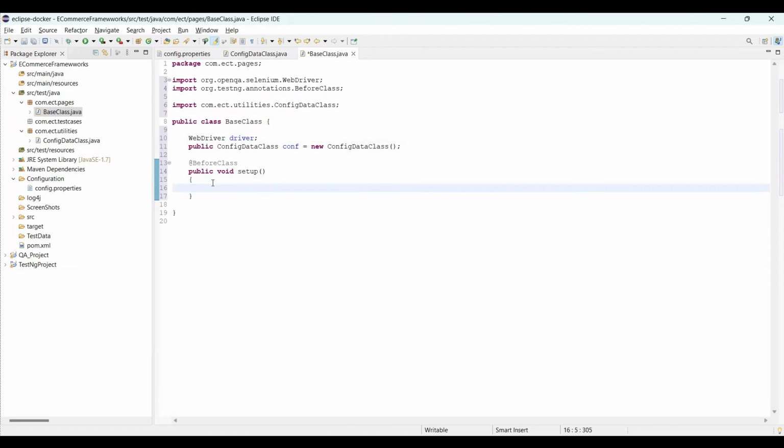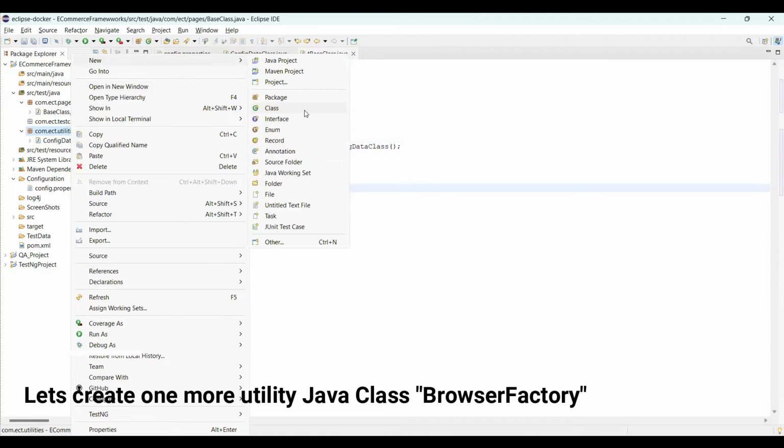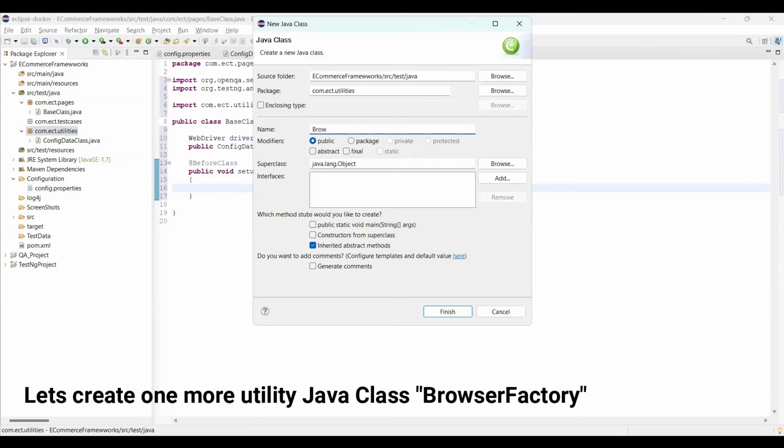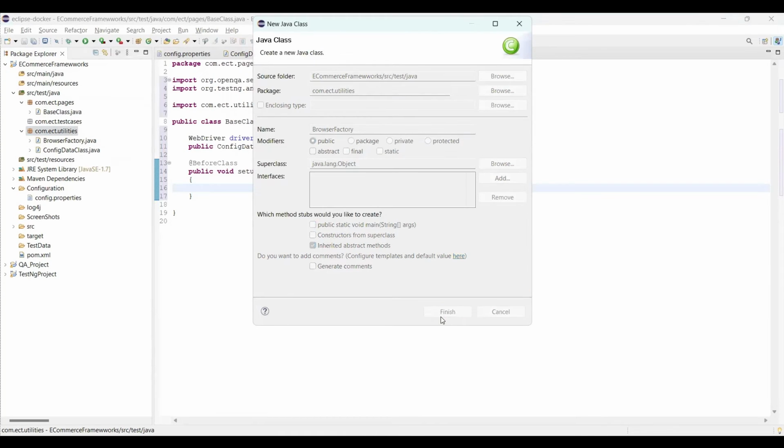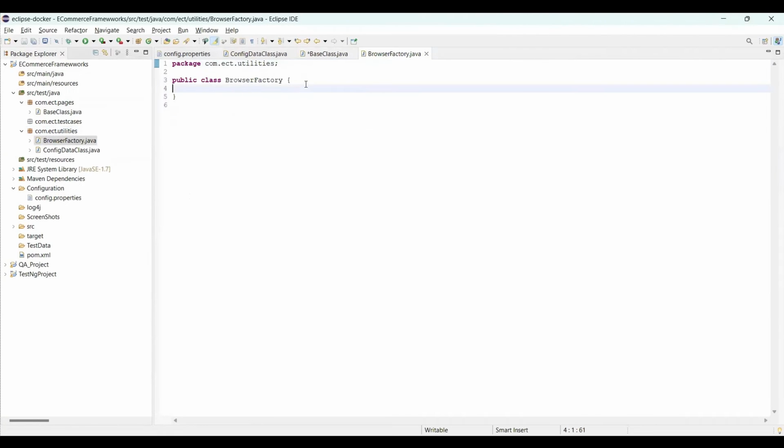Now here I'll create a class in utilities and I'll name that class BrowserFactory. Okay, great. No, we don't need this public static void main. Cool. Now here in the BrowserFactory class,